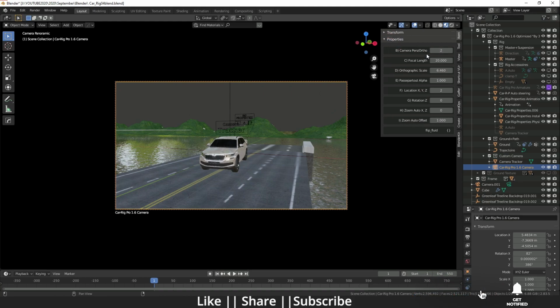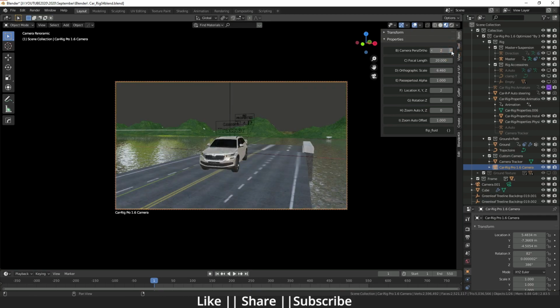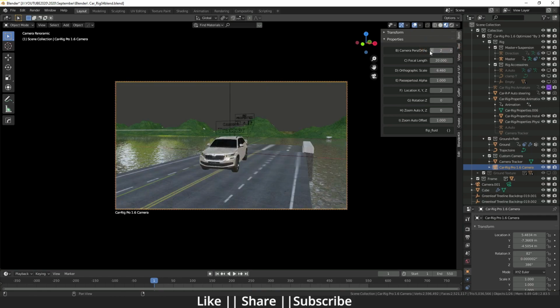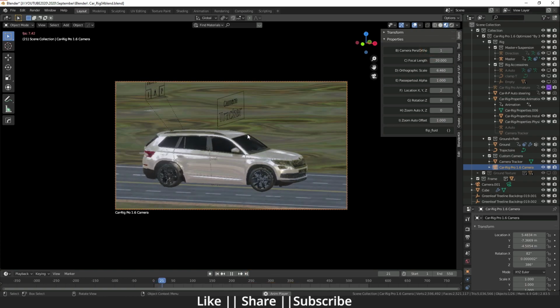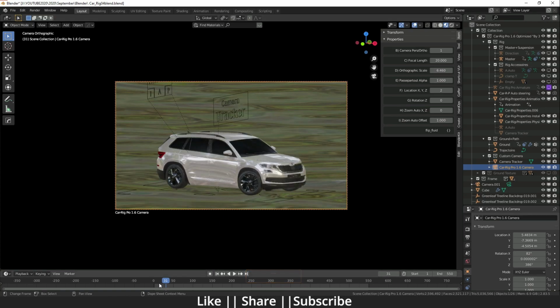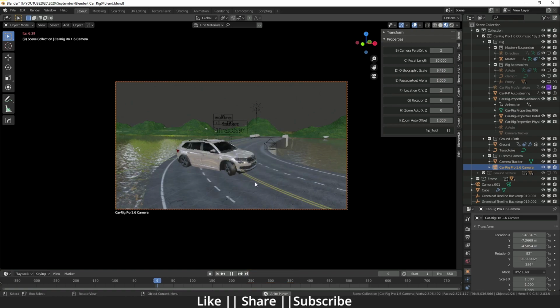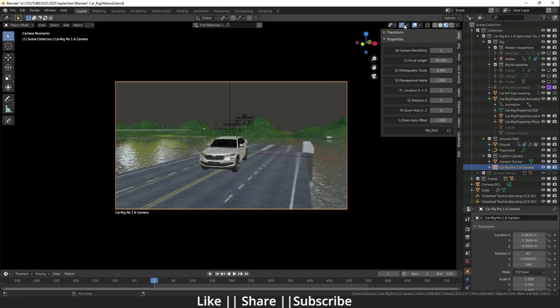This option is to change the perspective to orthographic and orthographic to perspective. So here you can see this is the orthographic and this is the perspective. Okay, if you increase the number, it will not increase, there are only two views. This is orthographic, this is perspective. Okay, here you can see if I play the animation in orthographic, it will look like this. And if I play the animation in the perspective view, it looks more realistic. Okay, so it depends on your animation demand basically.